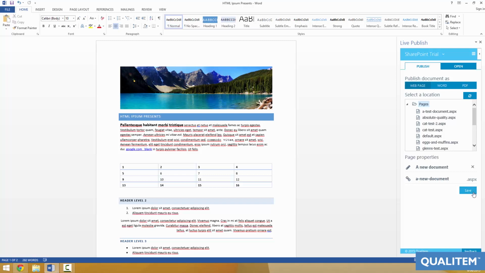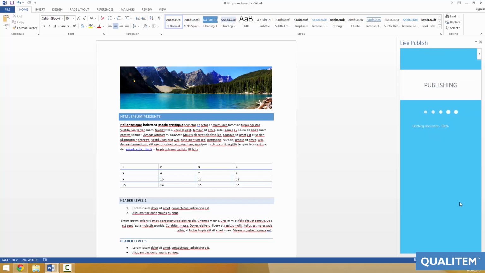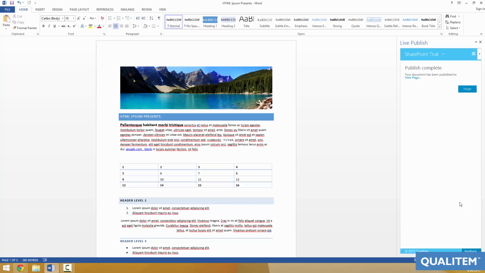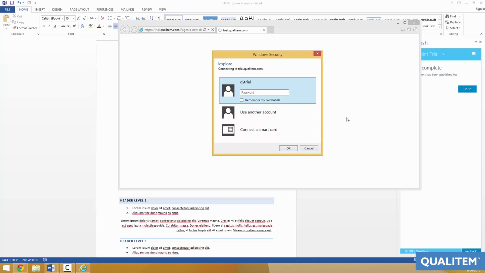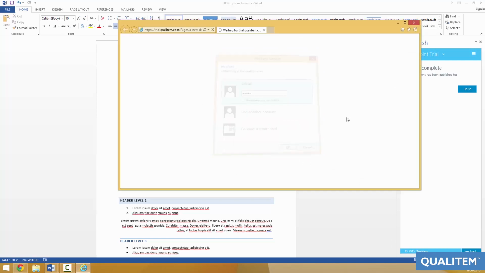And press Save. The app is now converting the current Word document to HTML and creating the publishing page in SharePoint. The return screen is now loaded, containing a link to the newly published page. Click on the link to load the page, and you'll see the rendition of the document converted to a SharePoint publishing page.